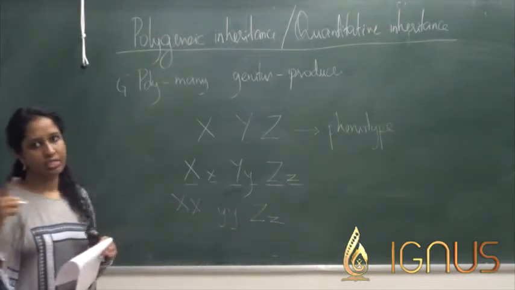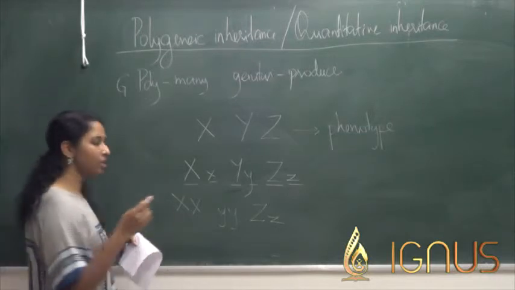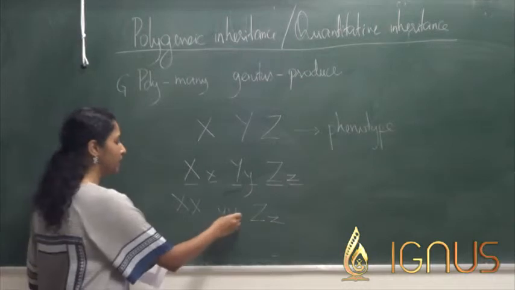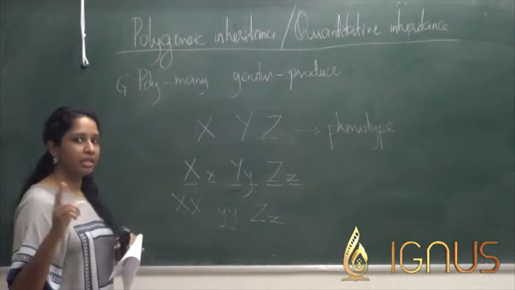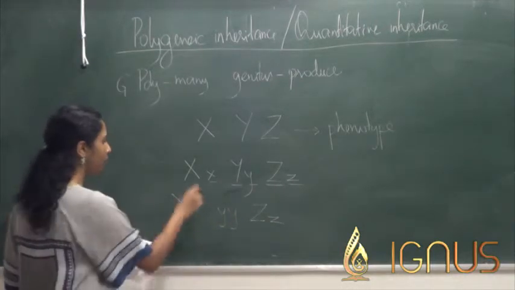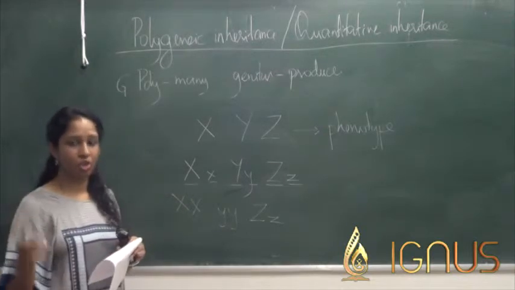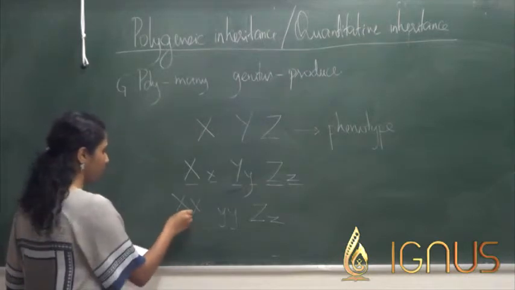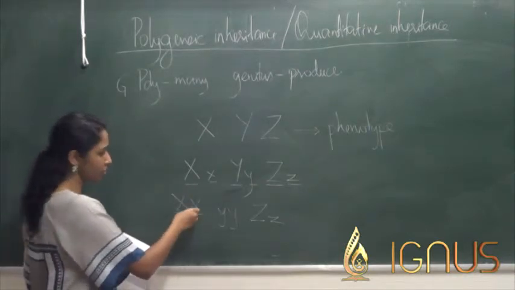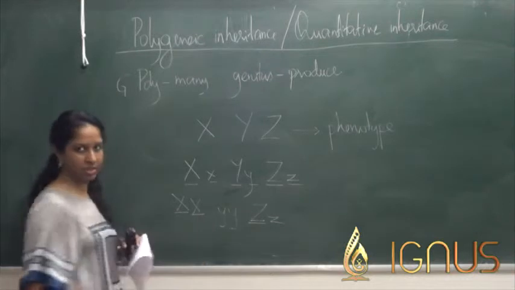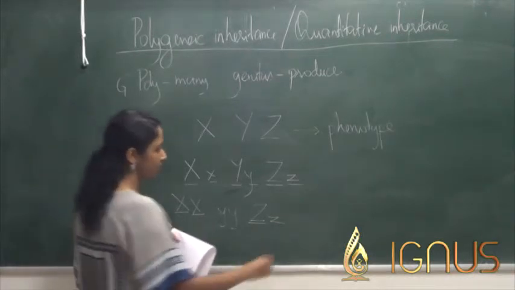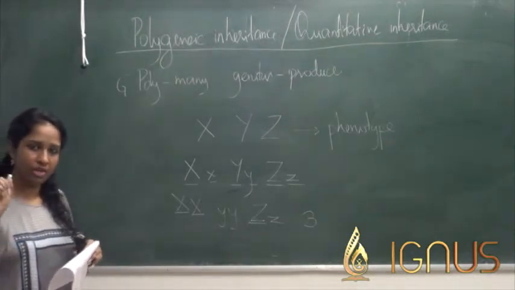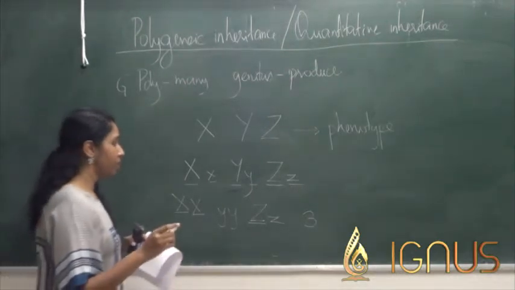It is a quantitative type of inheritance because you are not going to see which gene is in the dominant state, which gene is in the recessive state. Rather, you are going to see how many are in the dominant and how many are in the recessive. So you have 1 dominant, 2 dominant and 3 dominant. So because you have 3 dominant genes here, it is going to give rise to a phenotype which will be